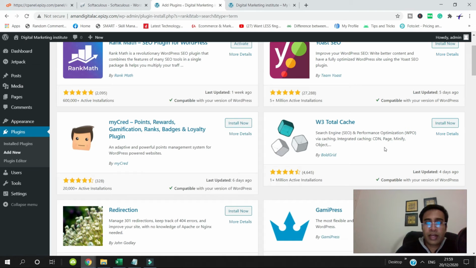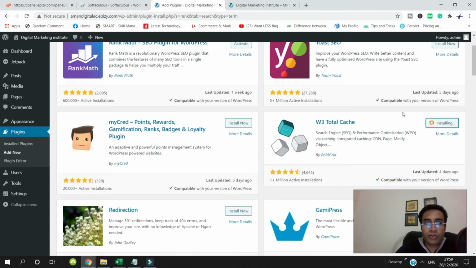Another thing is you have to install W3 Total Cache, and this will help you in minimizing the size of your content, the size of the pictures and anything you place in your website or blog. This will help in increasing the speed of your website while reducing the cache memory.